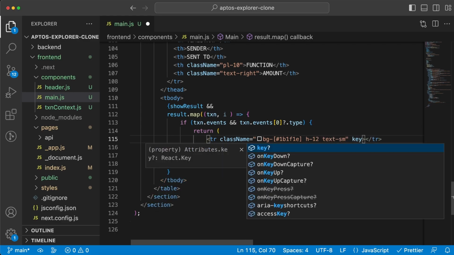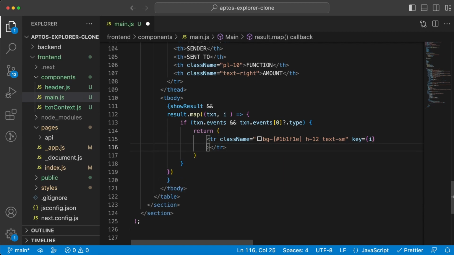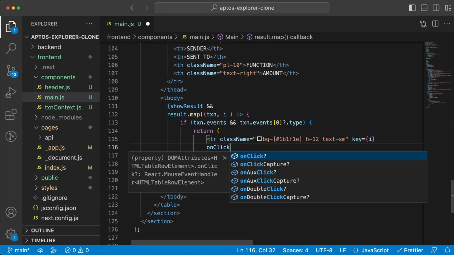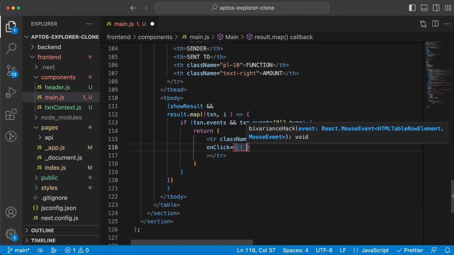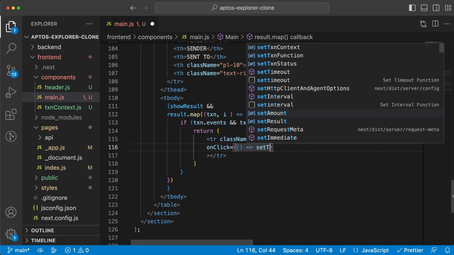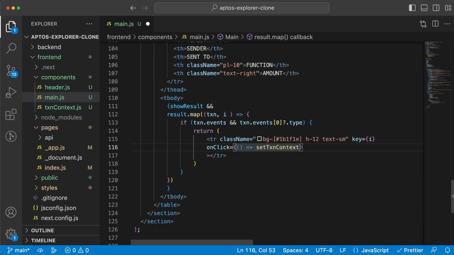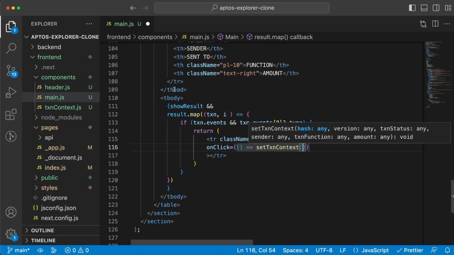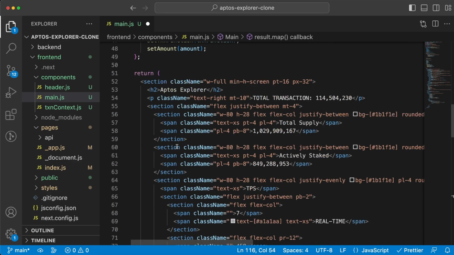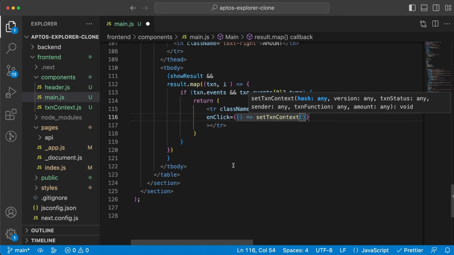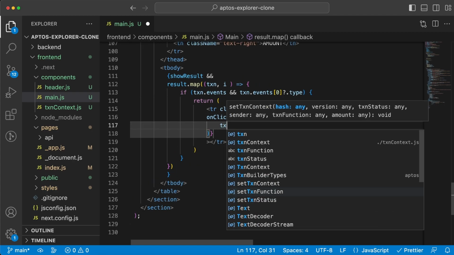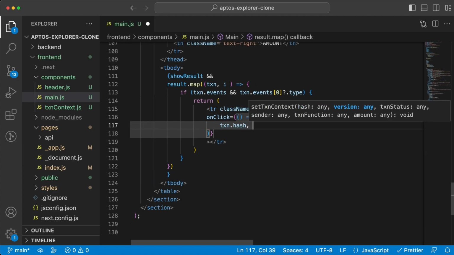We want to give it a key, and we also want to give it this onClick function that we just created, the set transaction context, and it's gonna take a few parameters, which are the one we added right here. So let's add those like this. So it's gonna be the transaction.hash, gonna be the transaction version,